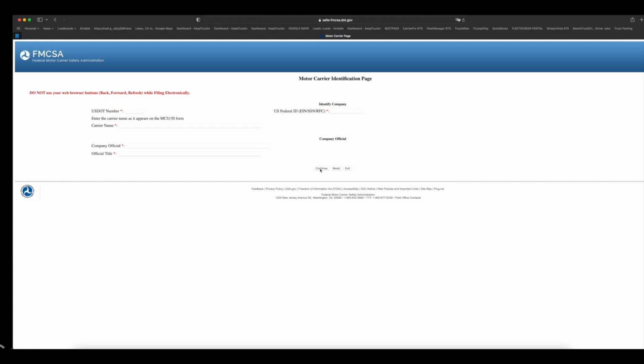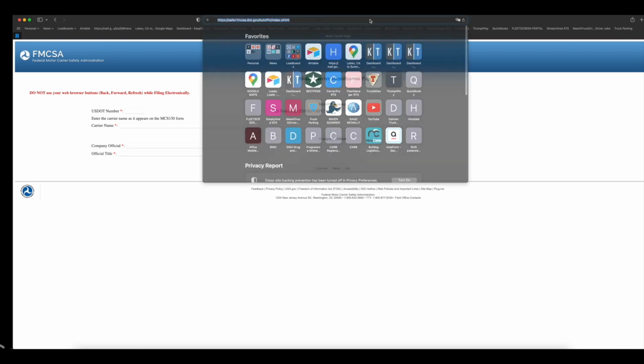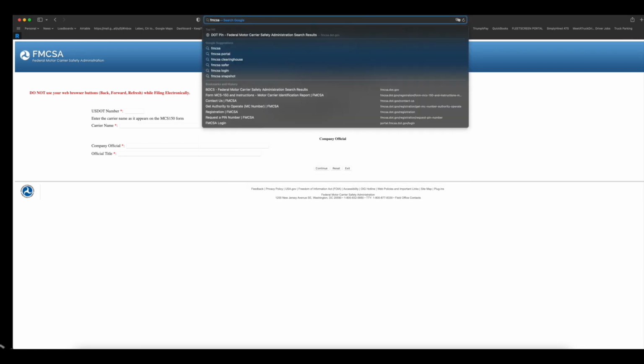Once you get that verification code, you will enter it in on the website, and you will get a text of the PIN. So with that PIN, and remember, keep it in a safe place, that PIN will be used to update your form MCS150. Now, how do you get to form MCS150? We're gonna go back to the